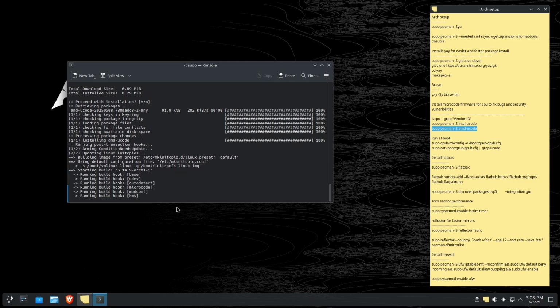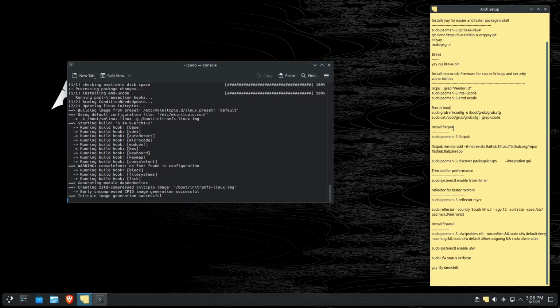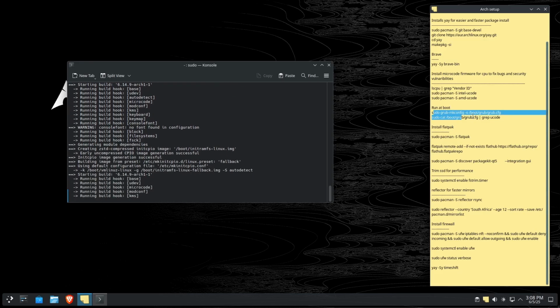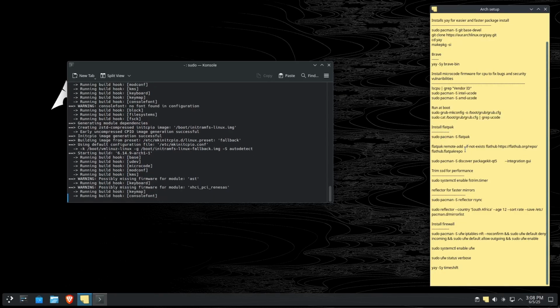Install that. So yeah, pretty important, I would think. So then to run that at boot, just run these commands quickly. Okay, when that is finished, we're going to install Flatpak. Now you don't have to install Flatpak, but there's a lot of applications in there that are quite useful,